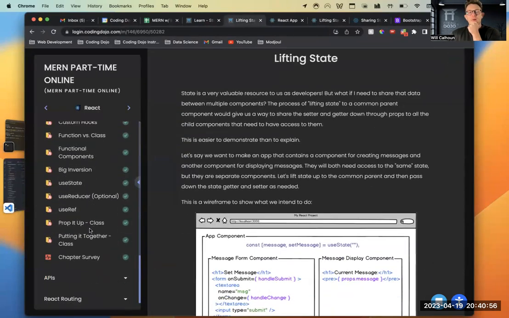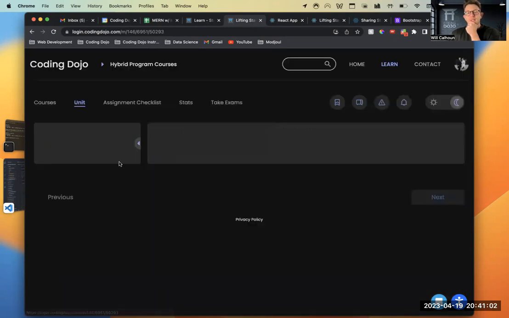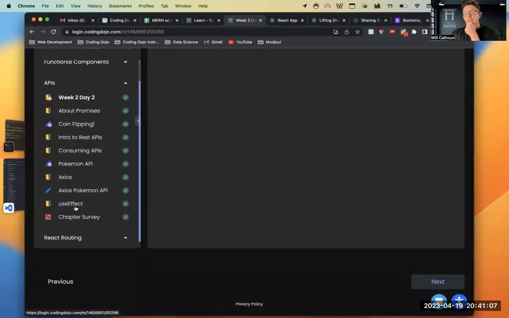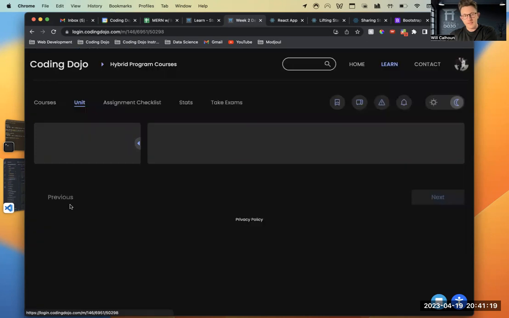And you might be like, where on earth is this? Well, it's within our login or within our platform under the API section. We come here, it's going to be kind of at the bottom. Why is it at the bottom? It's a wonderful question. I don't know the answer to it. Even in my meeting yesterday, I said, let's move this up earlier. So I'm showing it to you now before we talk about Axios because you'll need it for next week's assignments.